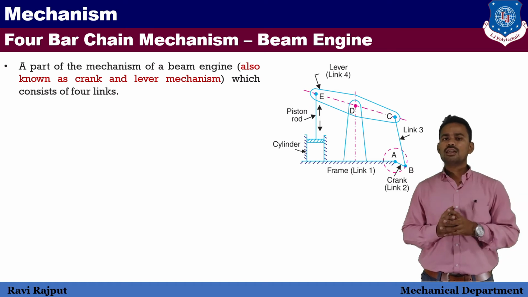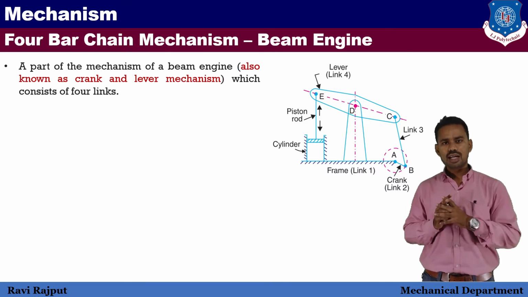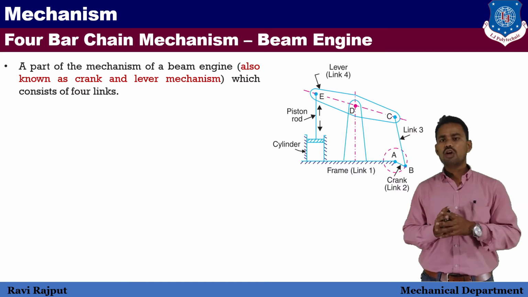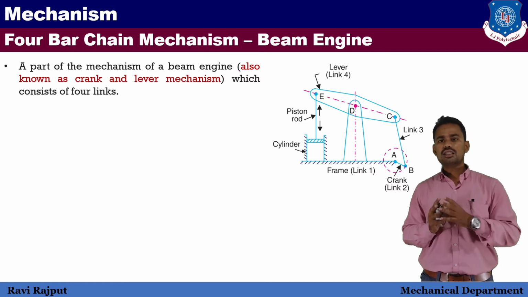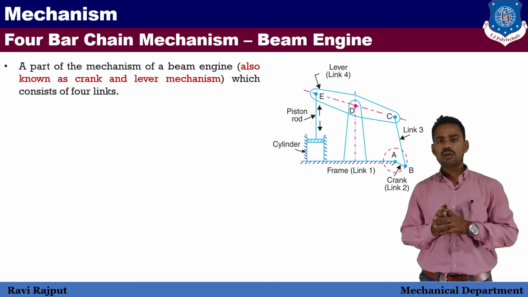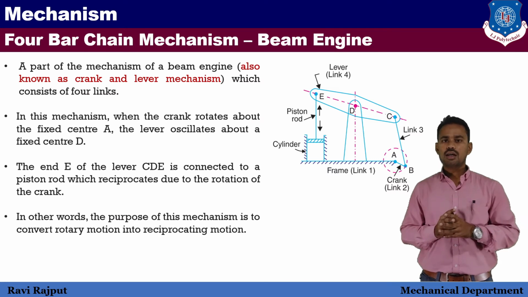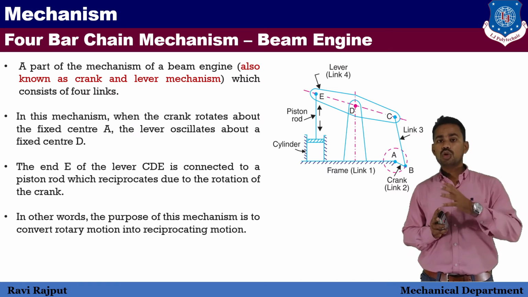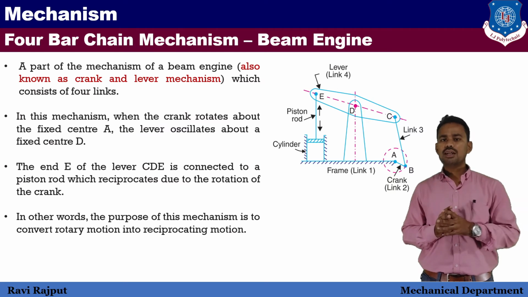Now the crank is further extended to the connecting rod. The connecting rod and crank also have a turning pair between them. The crank is a part which takes power from either an electric motor or from any prime mover in order to rotate. That rotating energy is shifted to the lever, which is link 4, by means of the connecting rod. The connecting rod and lever also have a turning pair between them. The lever is finally connected to the frame at the beam, which is the central part of the whole system on which the setup is made.